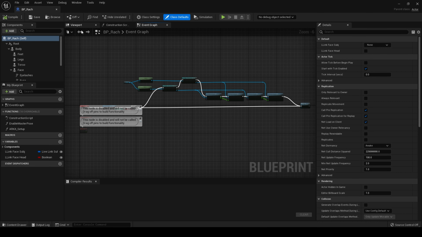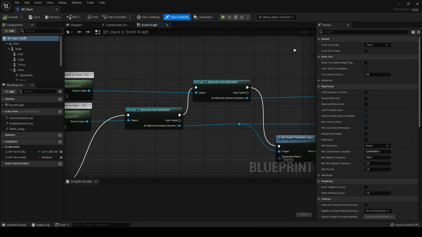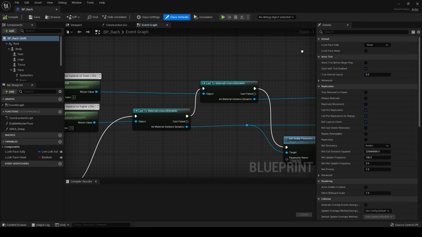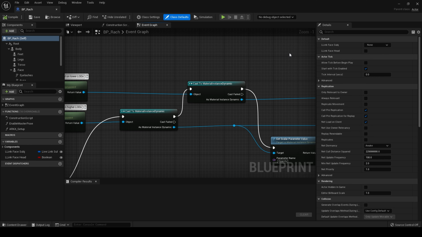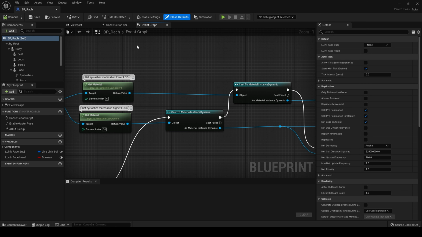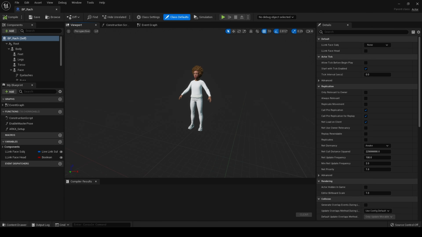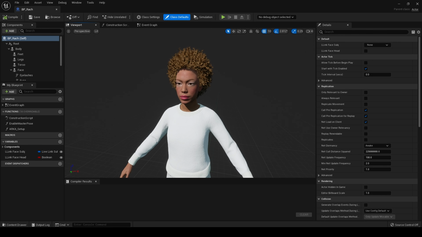Now, essentially, I'm not going to need any of these settings for now, but it's worth taking note that you may need to take some of these off. But things like dynamic material instances, we're not going to need, because we're going to be sticking to a level of detail of LOD 0. And to keep it simple, I'm not going to animate the albedos or anything like that. So we're probably not going to need any of this. No, we're not going to need any of this for now, but it is something to think about moving forward.